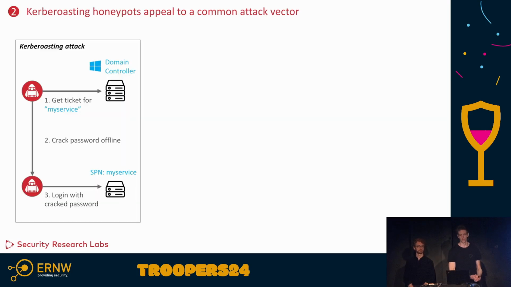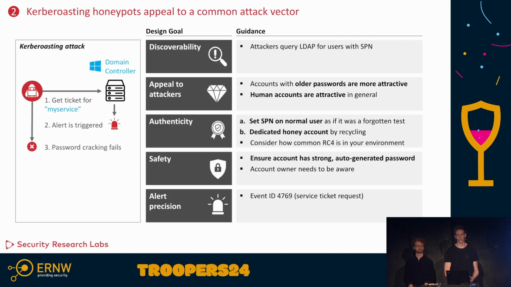So the next one relates to Kerberoasting. Quick recap, so we're all on the same page here. The Kerberoasting attack targets the Kerberos authentication protocol. The basic idea being an attacker can request a service ticket from the domain controller, which is encrypted with the hash of that account's password. So an attacker can extract that and try to crack it offline. And if he succeeds, because of a weak password, use that for authentication. We can use that to create a honeypot for this,